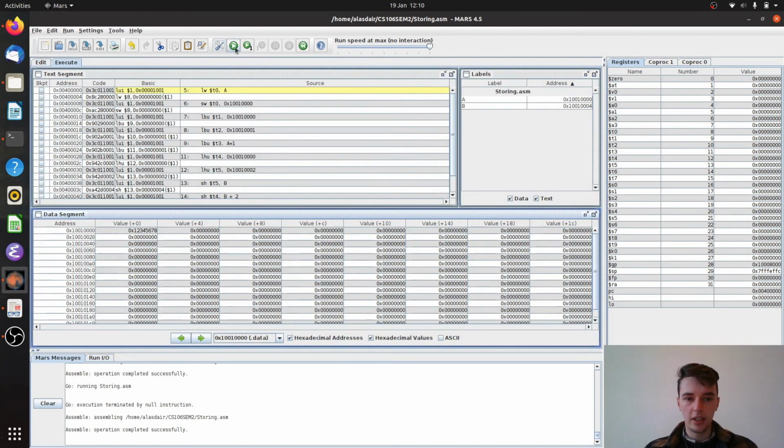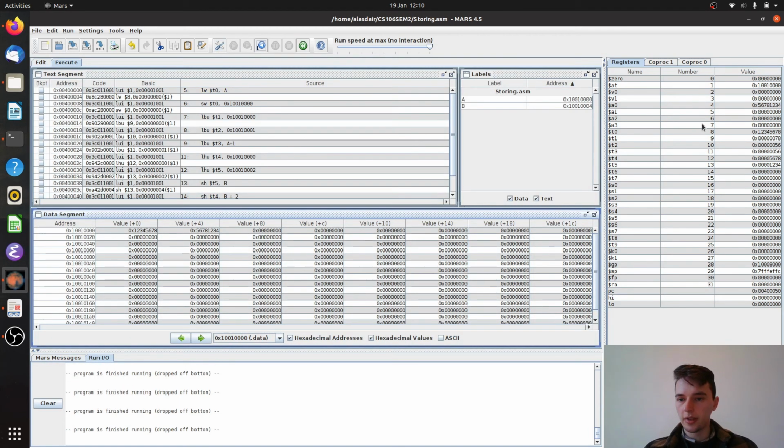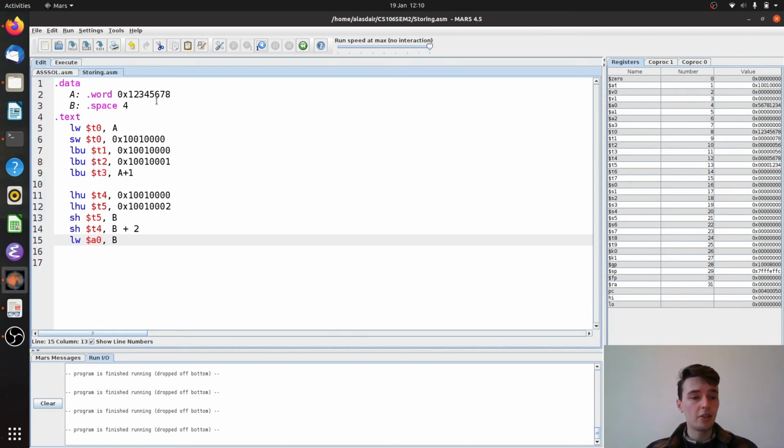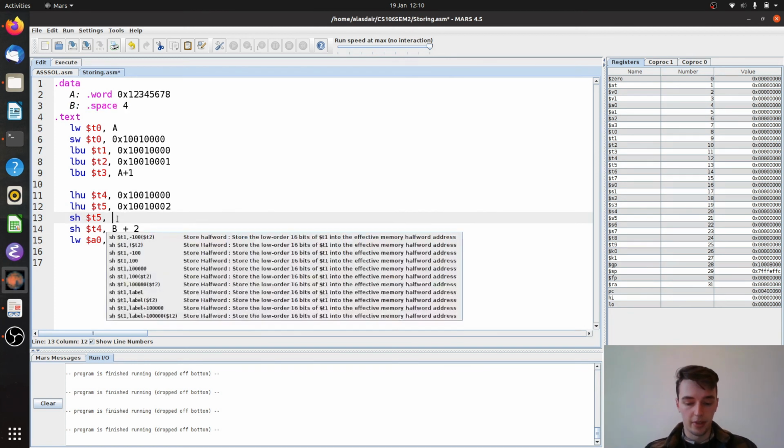So everything's fine. We run this, then we look over to A0, and you can see that's 5, 6, 7, 8, 1, 2, 3, 4, which is our original word but swapped around. So that's how you would do this using Mars. Again, you don't have to do it this way. You could just specify an address, so equivalently to how we saw these are two equivalent things, we could have just written something like